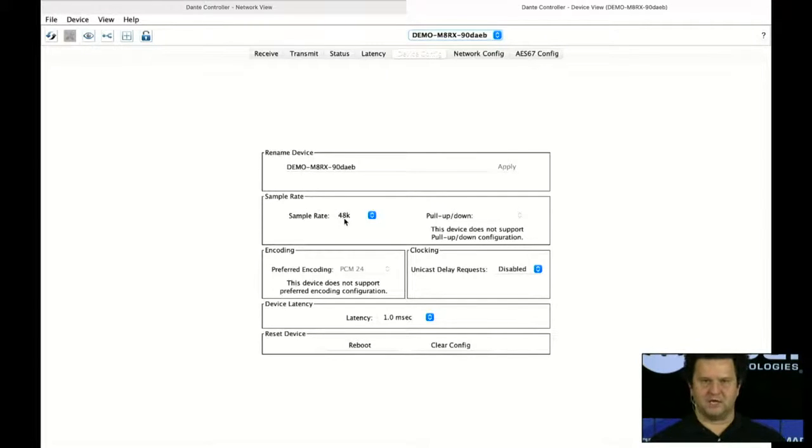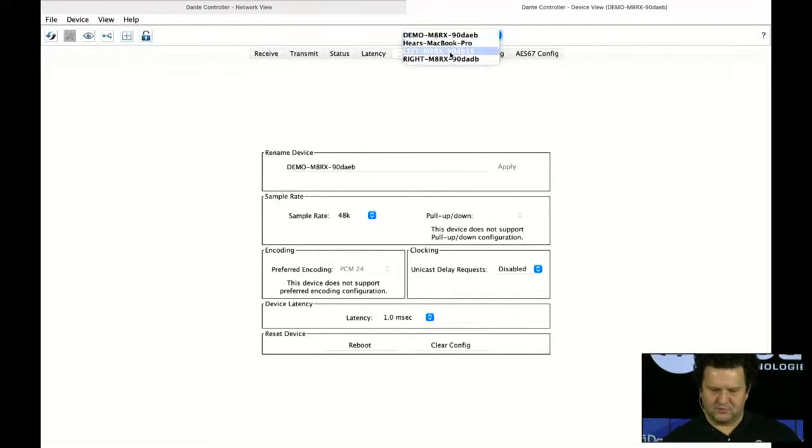They don't change. So if you change your sample rate on one device, you need to make sure it's also set the same on the other devices, because they don't necessarily follow. Even if it's the clock master, your other devices are not necessarily going to change sample rates automatically. So you'll want to make sure that each of these is set the same, and I'm at 48K. Once you're in device view, this is a nice shortcut, you can drop down and change to another device. So if you have the wrong sample rate set, I will say that and